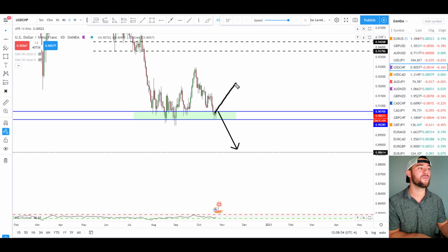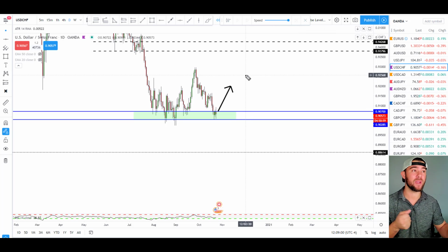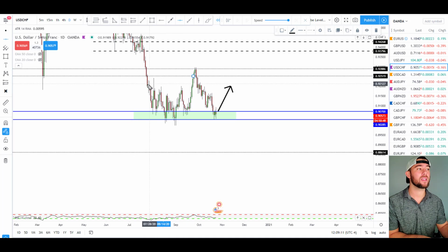For resistance, hopefully this is obvious. Guys, what do you think I'm going to be doing if this market heads higher? What's our most recent level of major resistance? Right here. Was that level tested multiple times? Yes, it was. We have 1 and 2. So for that reason, I will have an area of resistance looking like